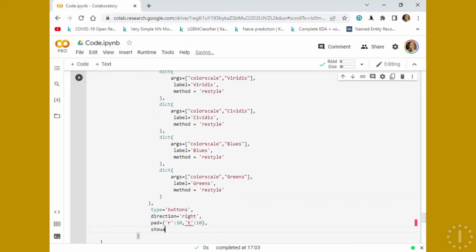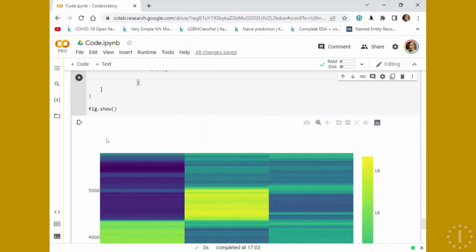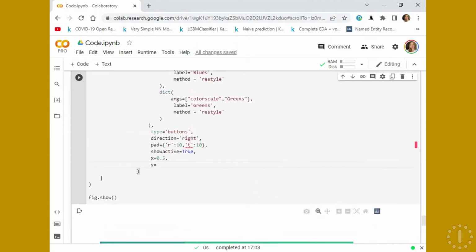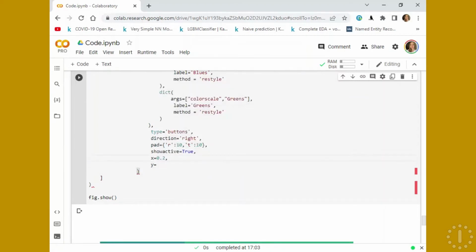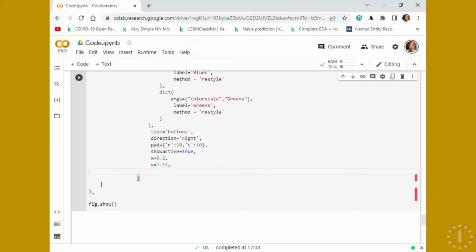Now show the active button on true. And the next is to have x to be 0.5, the x value here where to be placed, and y should be, for example, we are gonna go here with a smaller number, and here the height of the button layer that we have. So for example, we have 1.12, and